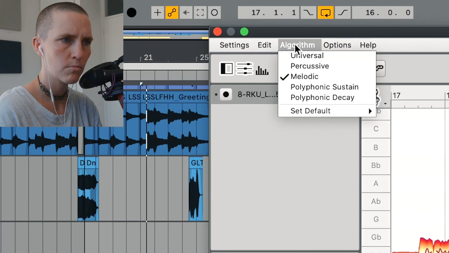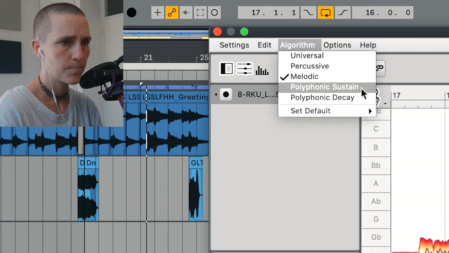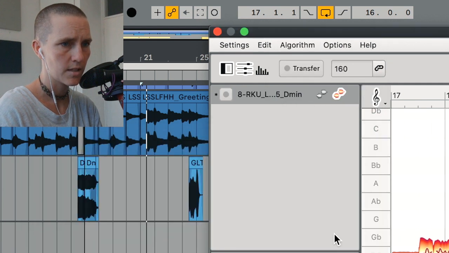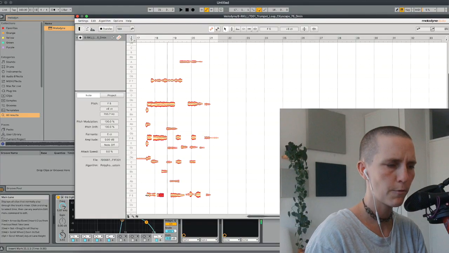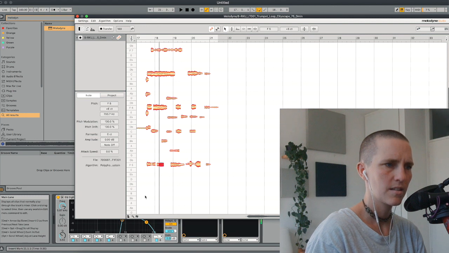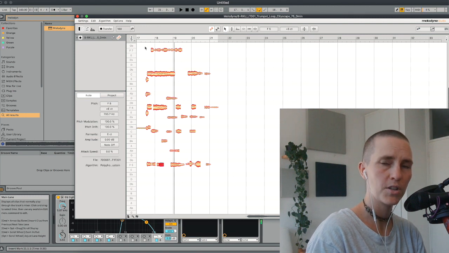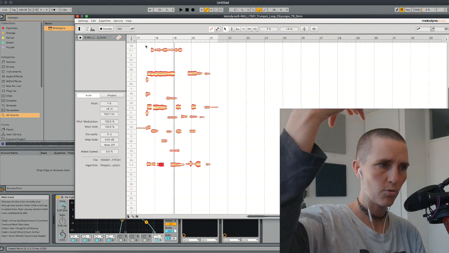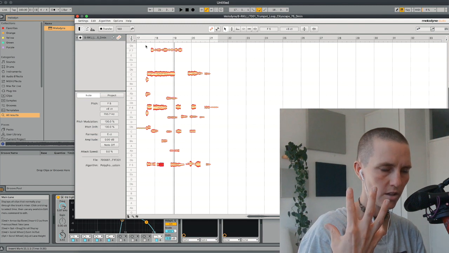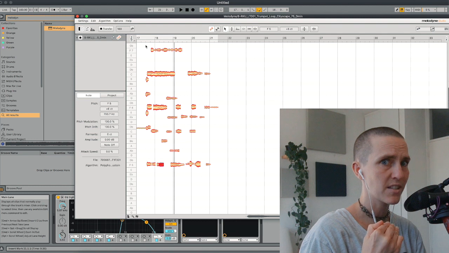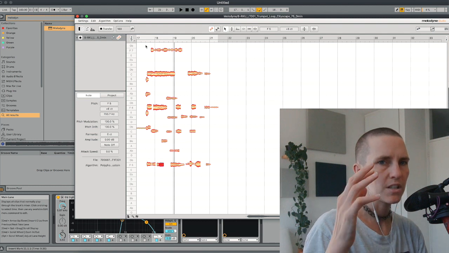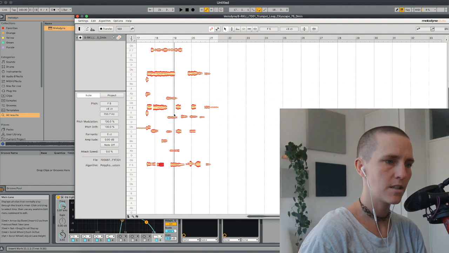Let's go to algorithm, melodic. I want to go for polyphonic sustain. Redetect. Let's see. Wowzers! Look at that. Okay. So this is the fundamental. So it's noticing all these upper harmonics which the previous notes generated. So what we're hearing aren't the fundamentals of those original notes, and by fundamental I mean the bass note that was being played, but these are all overtones. So maybe if I delete all the overtones,